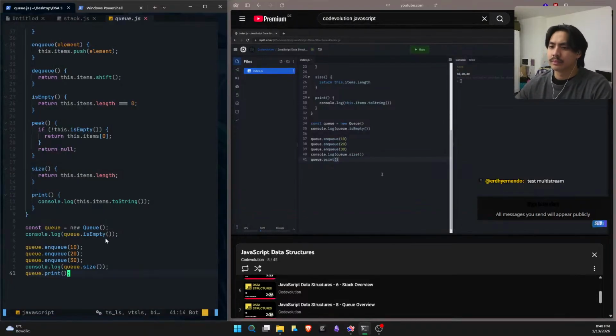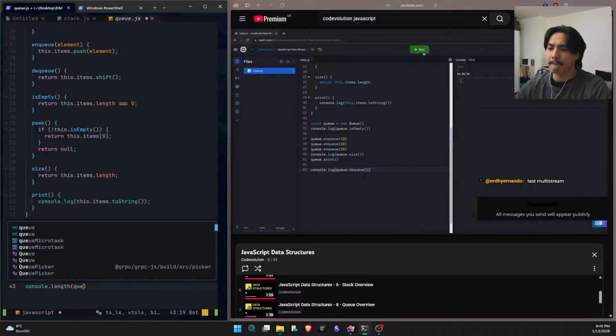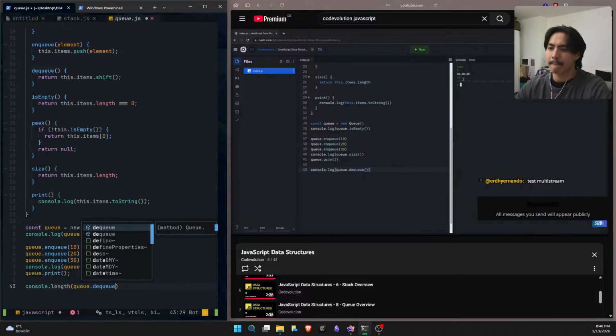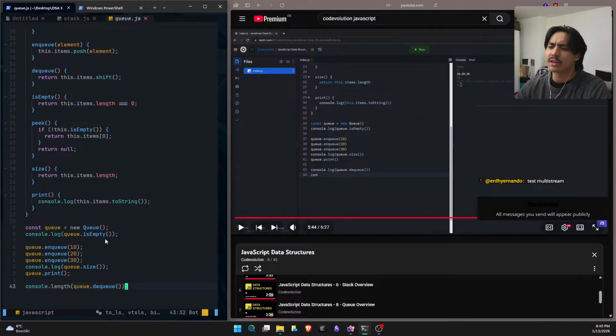Now dequeue an element. console.log queue.dequeue. If we run the code, you can see 10 is removed from the queue. If we call the peek method,